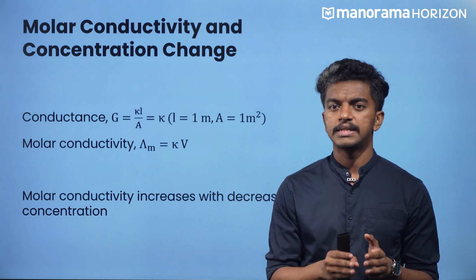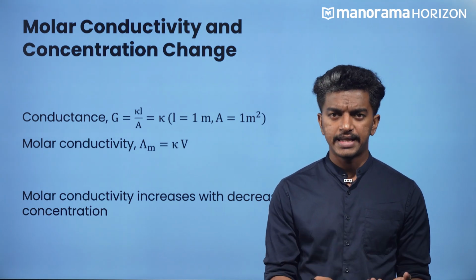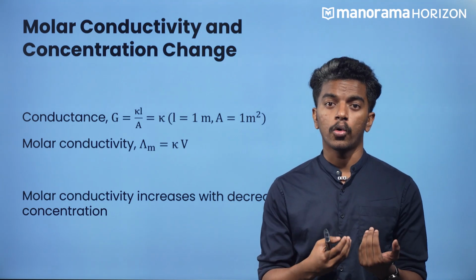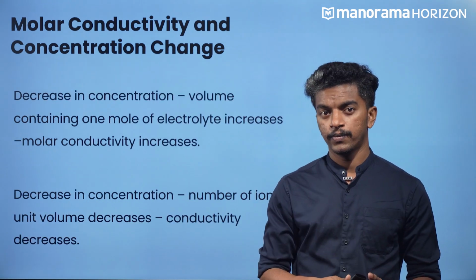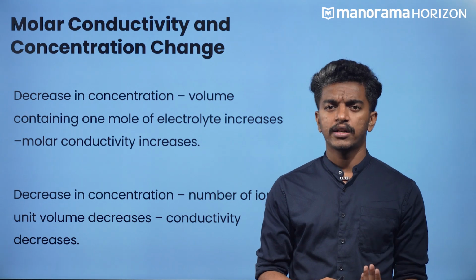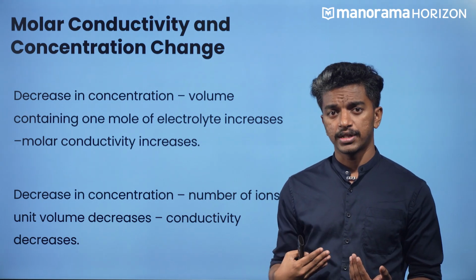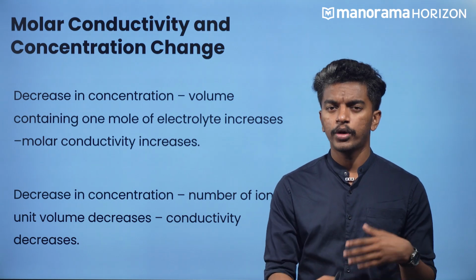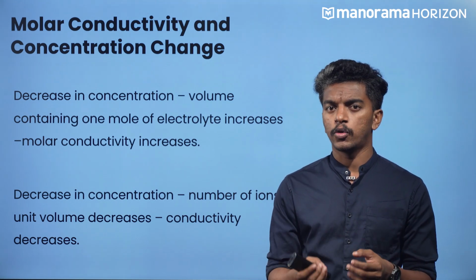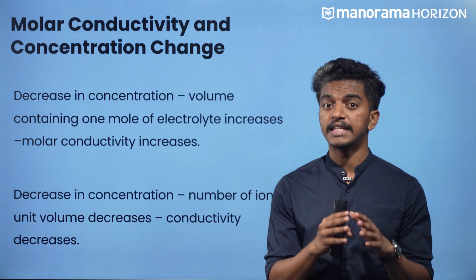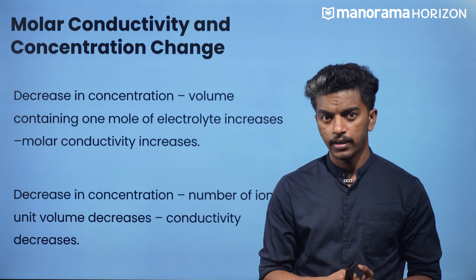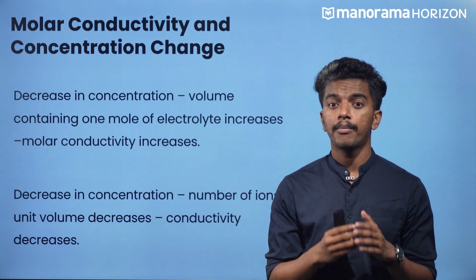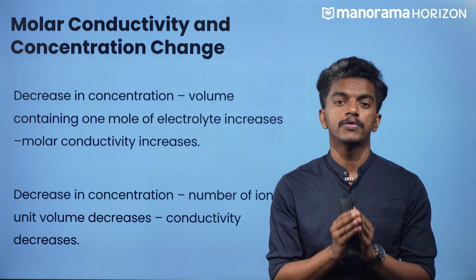Since molar conductivity is directly related to volume, this means that molar conductivity increases with decrease in concentration or increase in volume. So, molar conductivity increases with decrease in concentration because the volume containing 1 mole of electrolyte increases. Or in other words, the ions of electrolyte have more space to move around, thus increasing the molar conductivity of the solution. However, conductivity decreases with increase in volume as the number of ions within the unit volume of solution